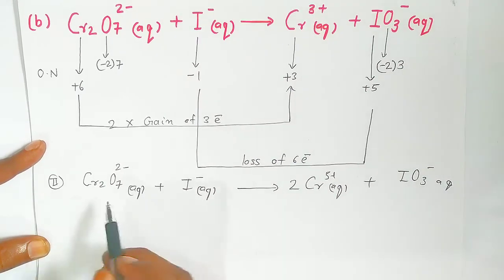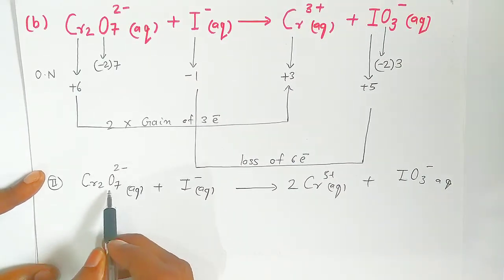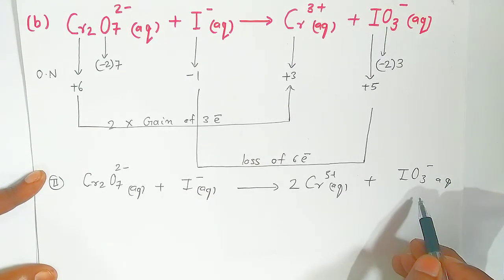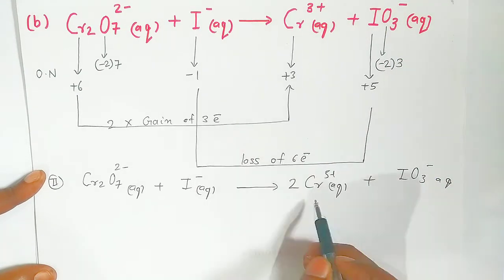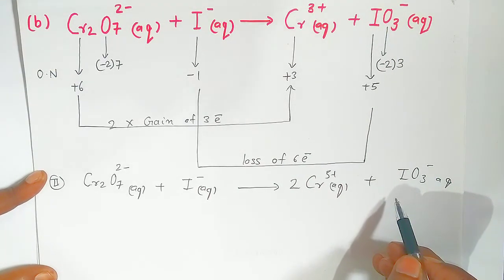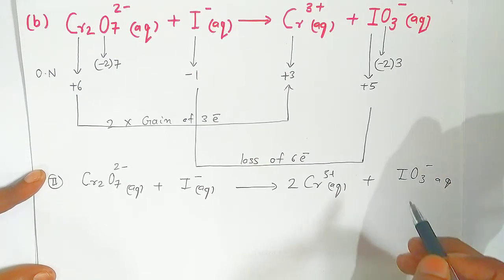Okay students. Now when you see the oxidation number, now you are going to balance the oxygen, students. Now how many oxygens are present on the reactant side? 7. And this side how many? Only 3 oxygens are there. If you want to balance the oxygen, students, this side you have to add how many water molecules? We are going to add 4 water molecules on the product side.